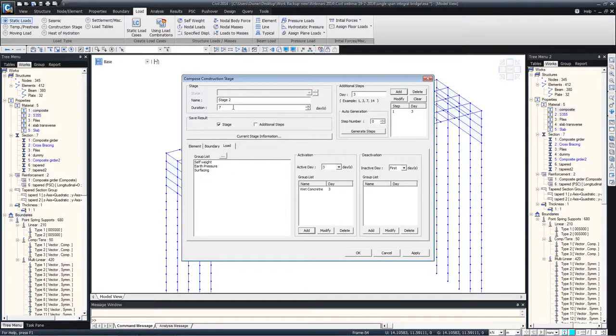So at the end of the stage, the concrete will be 4 days old, and when we activate the concrete, we should have the age as 4 days, just to correctly simulate the creep and shrinkage and elastic modulus effects. Apply. And then stage 3 can be kept as a long-term effect stage, say 1000 days, and